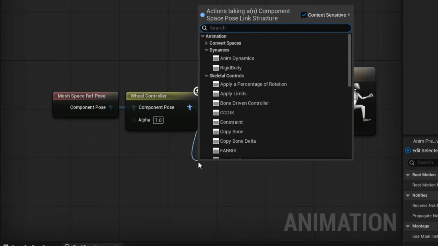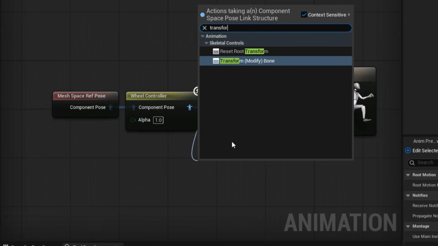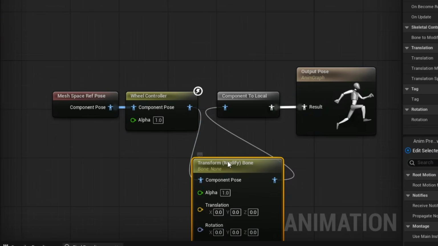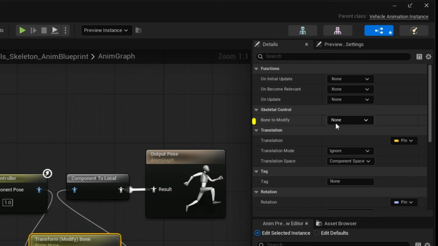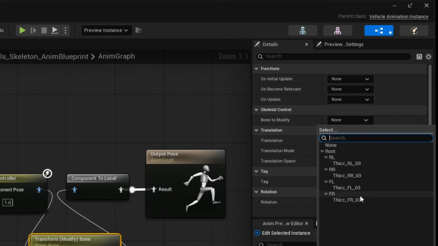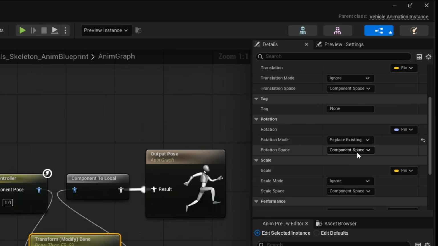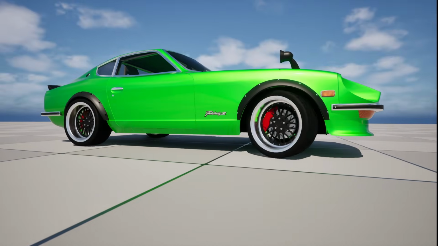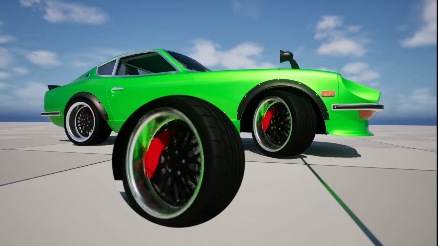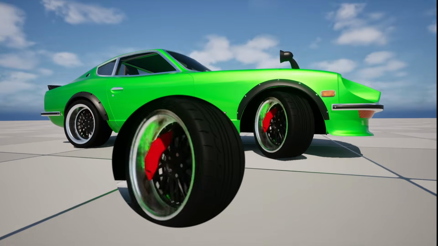In the animation blueprint, after the wheel controller, add a transform bone node, and in the details panel, as a bone to modify, select the caliper bone and change the rotation mode to replace the existing. And now you will see that the calipers are behaving just like in the previous example after we used the